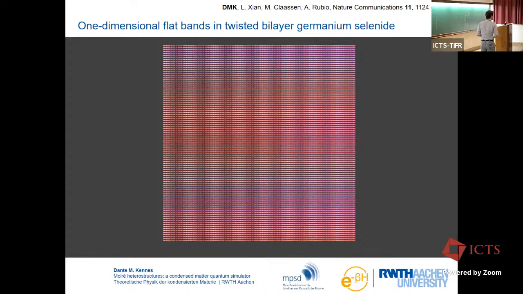I have a question. Was that the twisted bilayer that gave the triangular lattice Hubbard model? Yes. Okay. So my question is, was that just a simulation of the Hubbard model? What is the advantage of looking at the model in the Moiré? Are there any other materials that show the triangular lattice Hubbard model other than the Moiré structure?